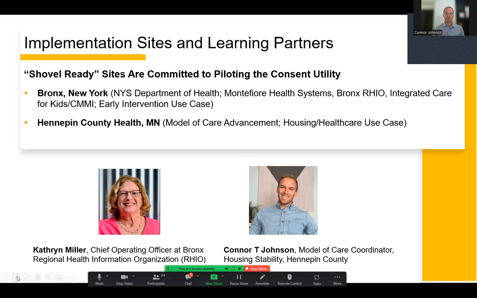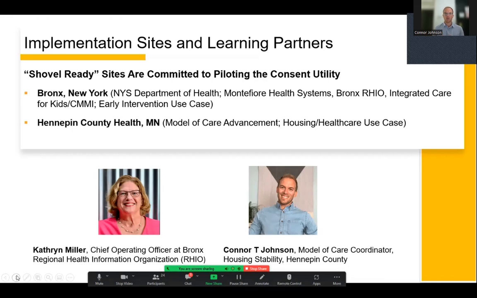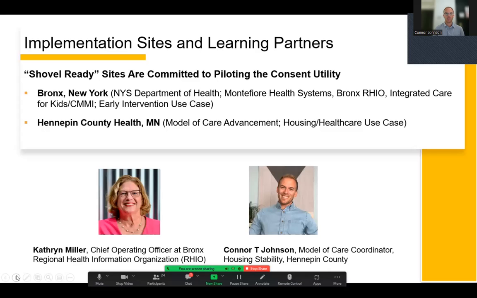So what we're looking to do is pilot with 2,600 individuals that we've identified who are experiencing housing instability and homelessness, who are part of our county health plan, our local HMO, who are also part of the healthcare system and seeking services in our healthcare system. So we're really starting with that group to learn how we can pilot universal informed consent for better care coordination, better end user experience, and then take some of those key learnings, or a lot of those key learnings, to other populations across Hennepin County. So that's our high level of what we're working on right now.